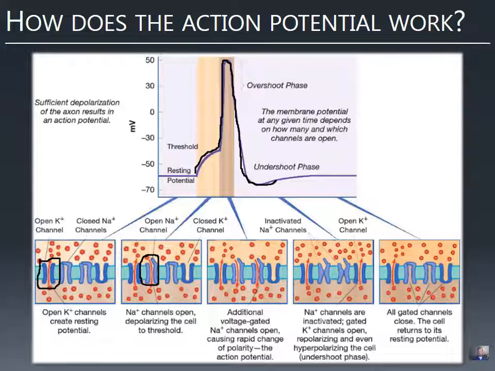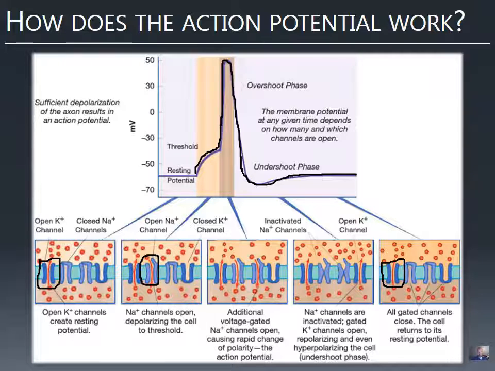And then those molecules that maintain those concentration gradients, pumping sodium out, pushing potassium in, combined with a little bit of potassium that's always leaking out of the neuron, bring the neuron back to its resting potential. And so that's the state we have at the end here, with just a small number of potassium channels open and letting a little bit of potassium out. So that's what the action potential is.